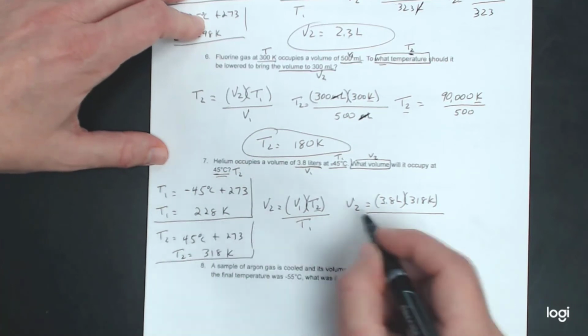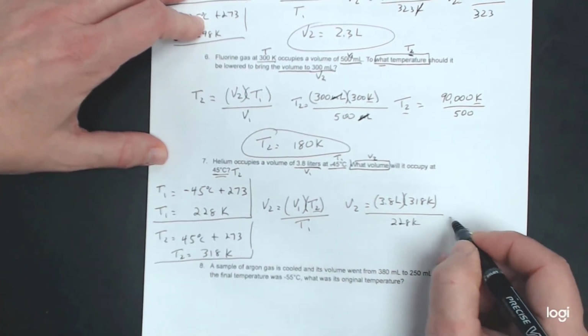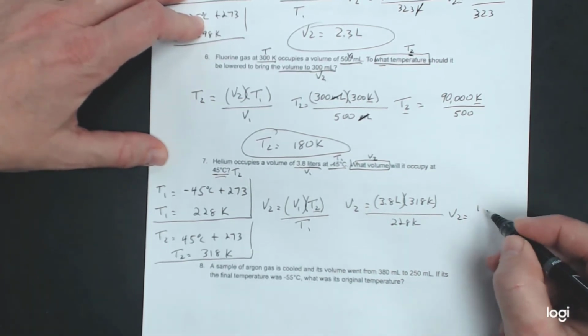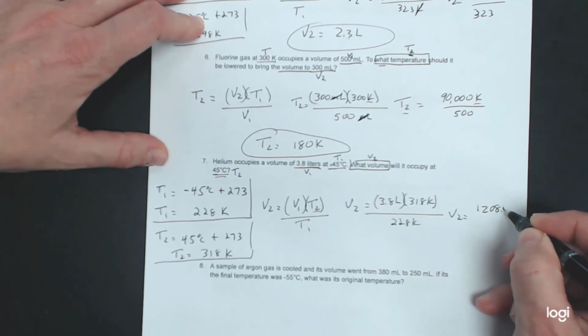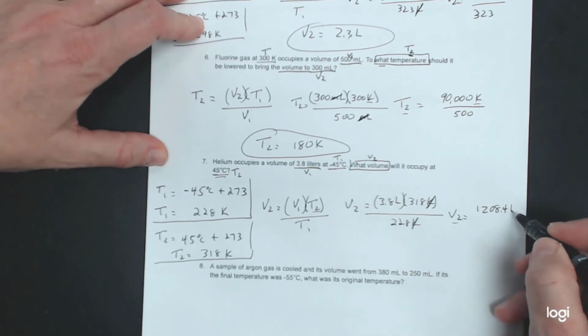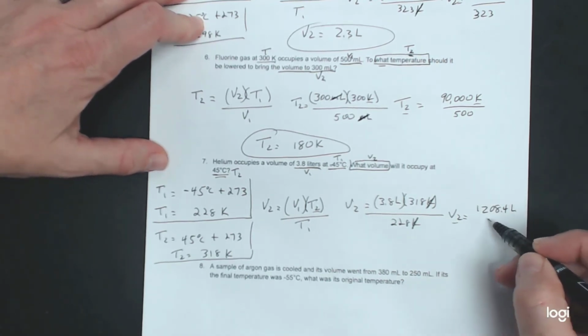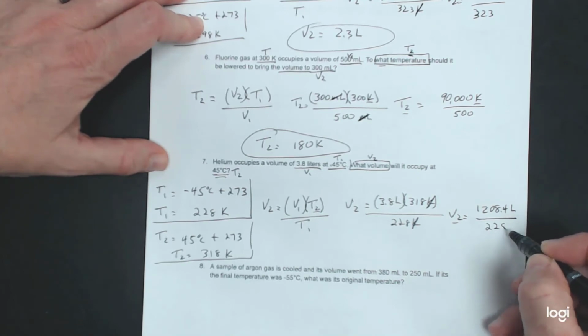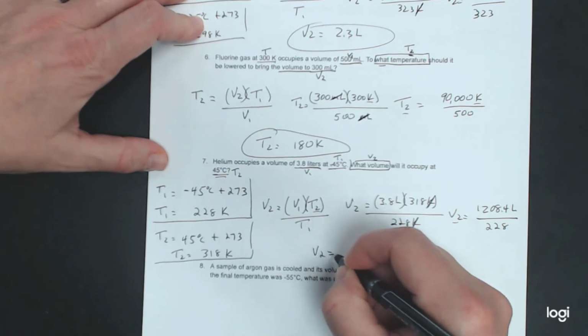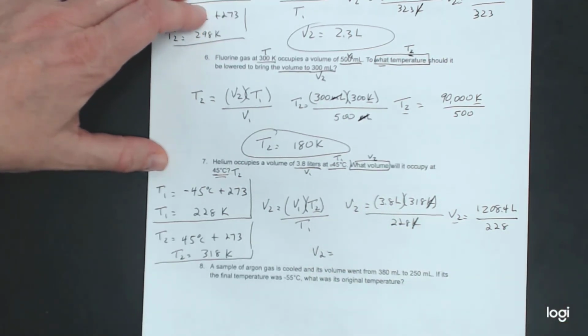we calculated to be 228 K. So our V2 equals 3.8 times 318. And we end up with 1,208.4. And again, I'm looking for a volume, so I want to cancel out my temperature units of Kelvin. That leaves me with 1,208.4 liters over 228. So my V2 equals, I'm going to take that 1,208.4 divided by 228, and that leaves me with